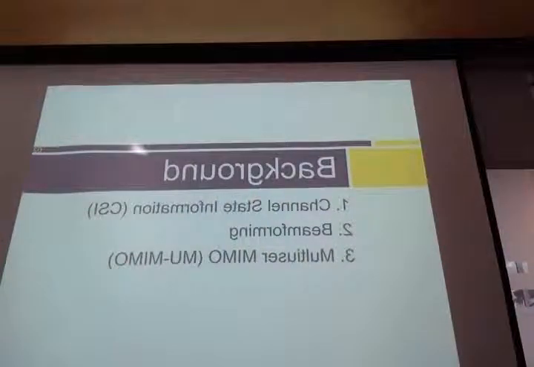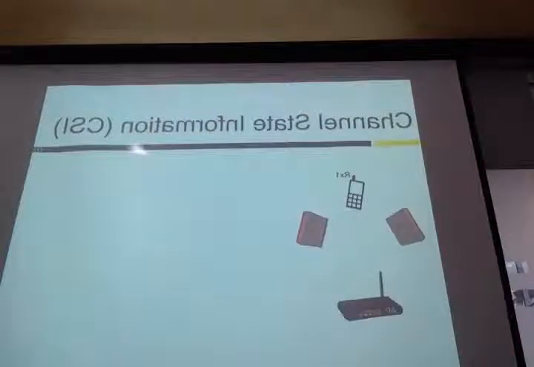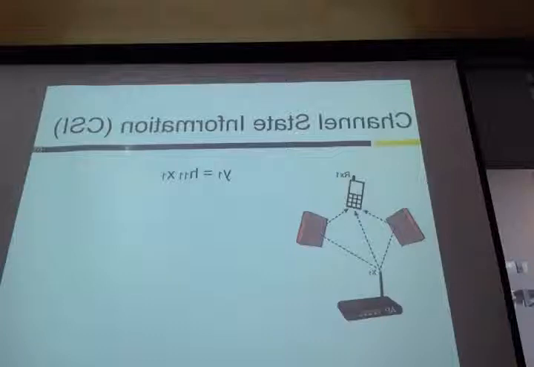So we first talk about the background knowledge of a multi-user MIMO network. What is the channel state information, what we call CSI? In wireless transmission, when the AP tries to transmit some data, say X1, the data is broadcast in the air. That means the received signal at the receiver, say receiver 1, is a combination of multiple delayed, reflected, and attenuated copies of the original signal. So the received signal is Y1 equal to H11 X1, rather than just X1.